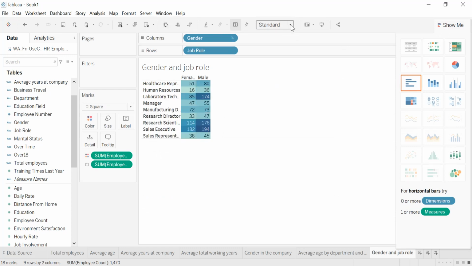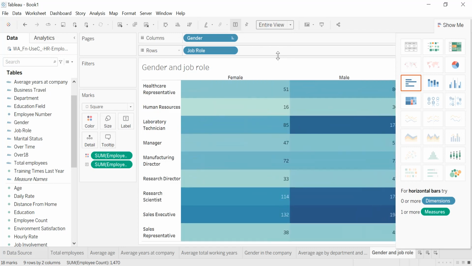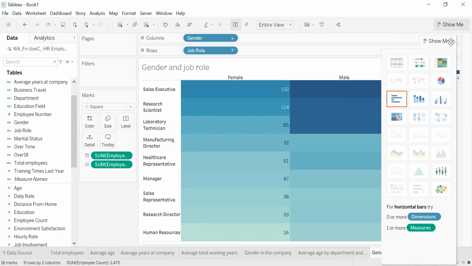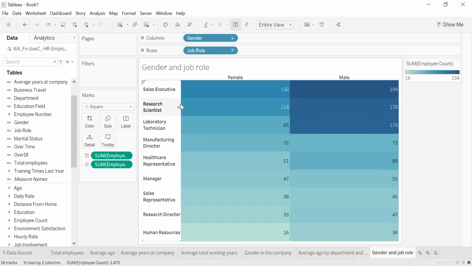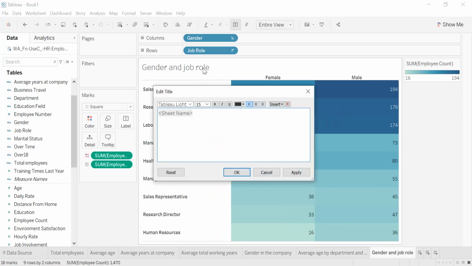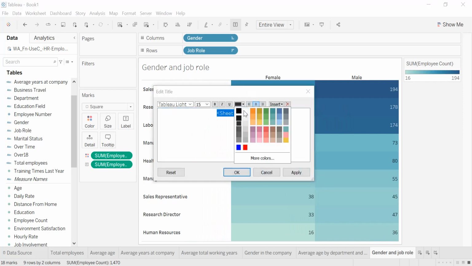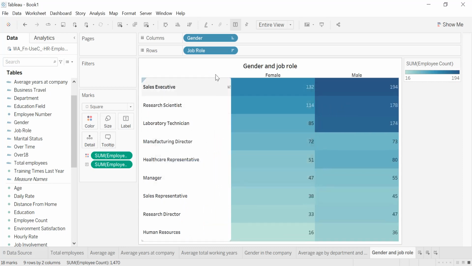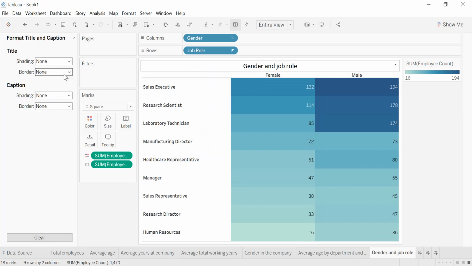Okay, same thing, we select entire view, and we are going to sort that. We'll just increase the width, for example, like that. I'm going to format the title. It will be in 12. Apply, OK. We add the border,